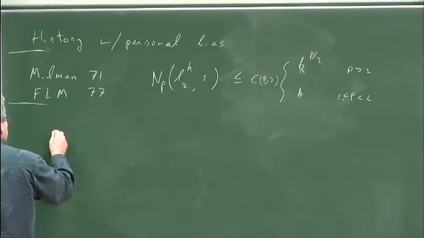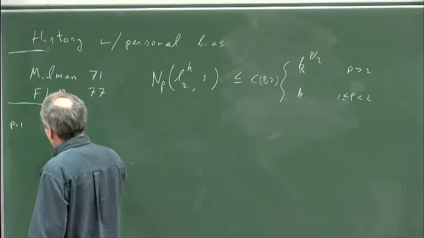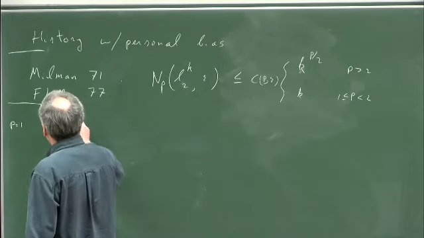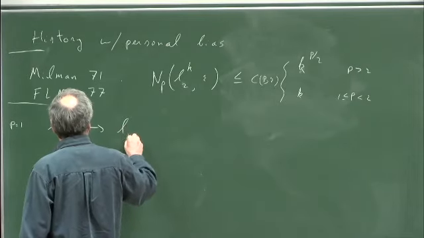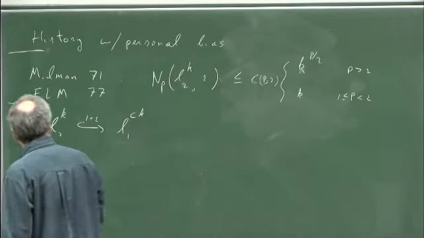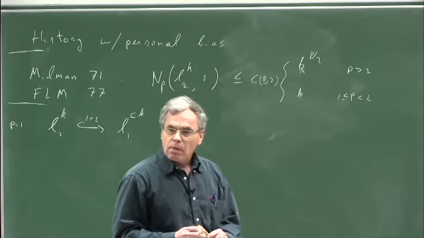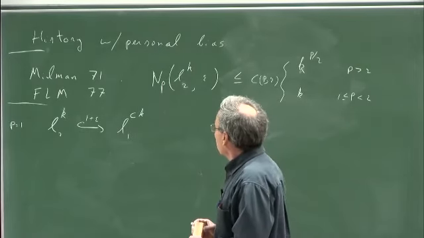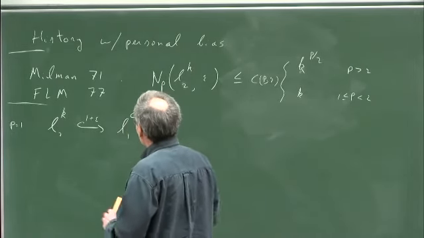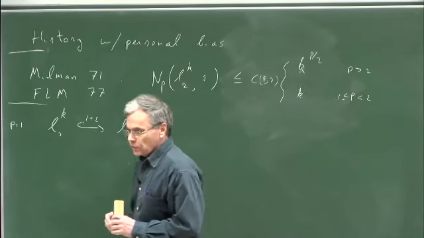Once one sees that, let me first speak about p equals 1, which is probably the most interesting one anyhow. So you get that L2K embeds into L1 of, I don't know, some constant times k, with the constant depending on epsilon, which is very strange actually. Geometrically, it says that if you look at the ball of finite dimensional little L1, where the dimension is a constant times k,